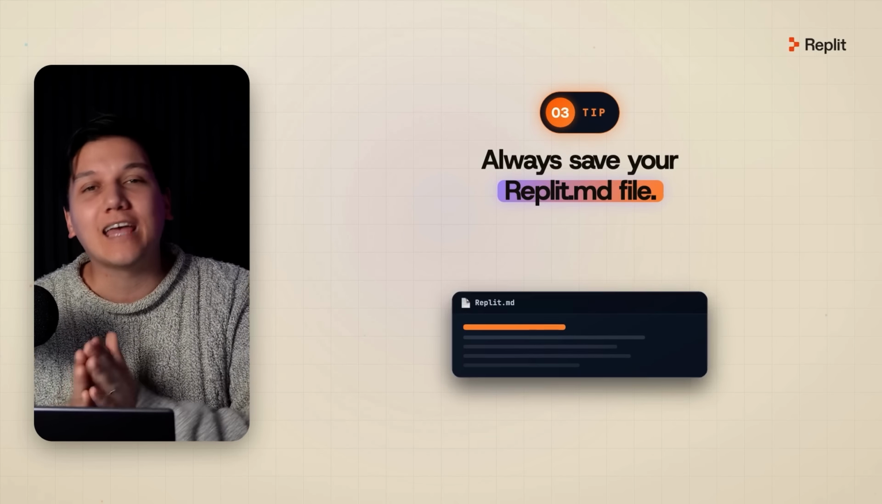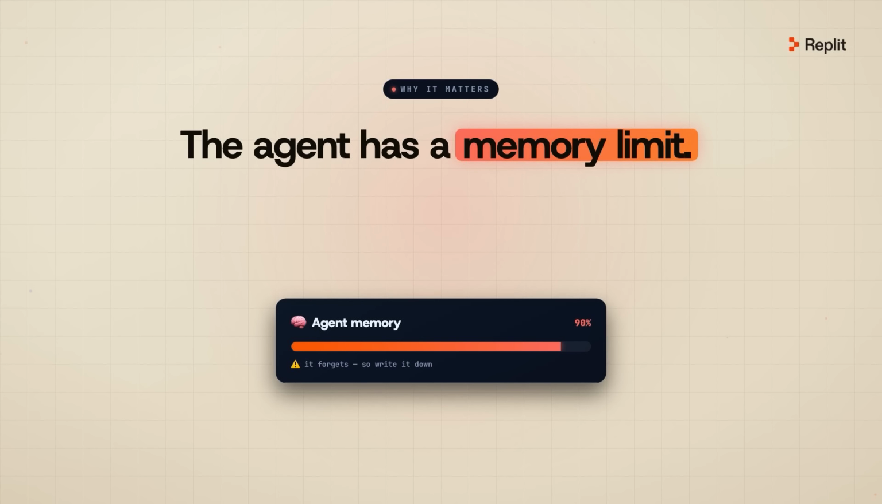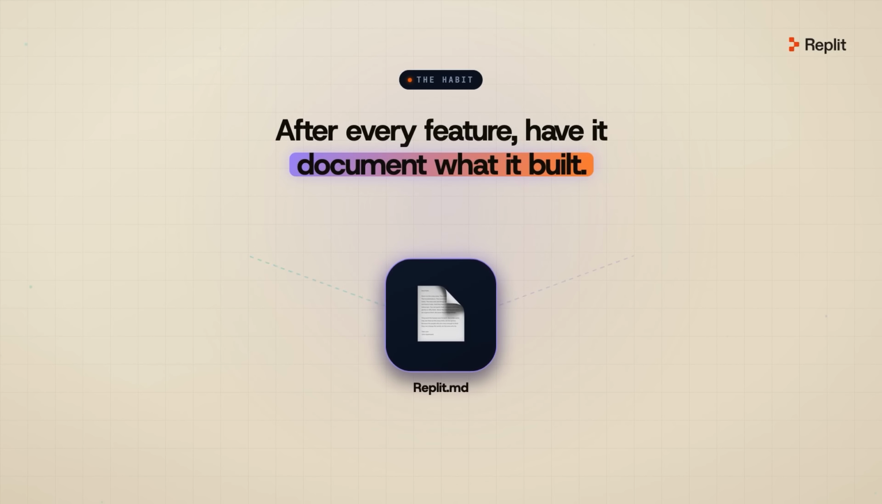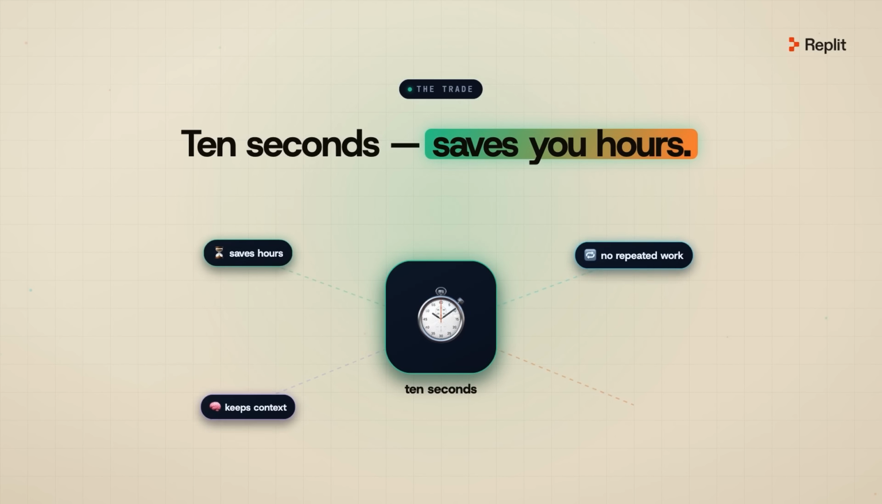Now, the third thing is to always save your Replit MD file. Replit's agent has a memory limit. After every major feature, ask it to document what it built in the Replit MD. It takes about 10 seconds, but it's going to save you hours of the agent repeating work or breaking things